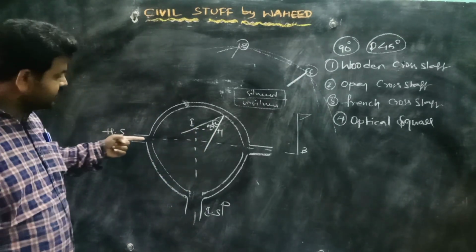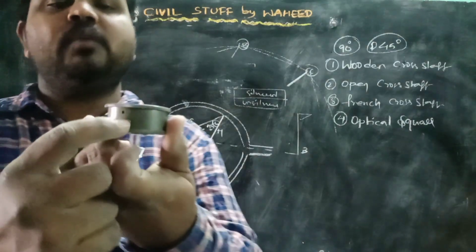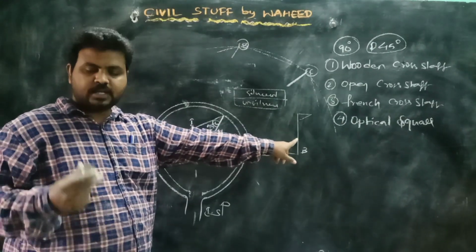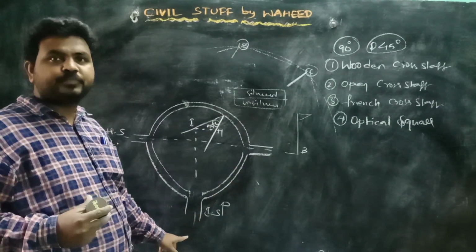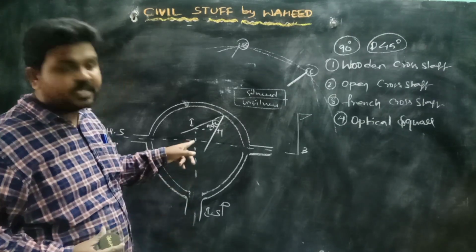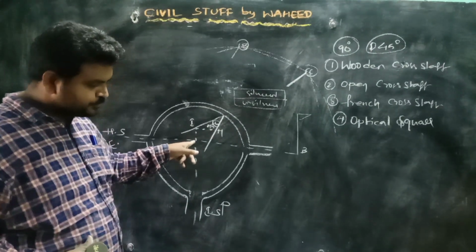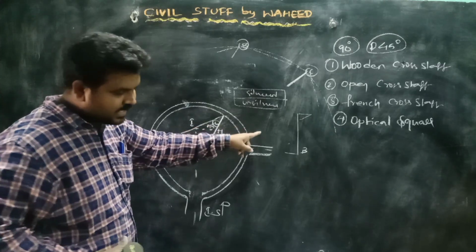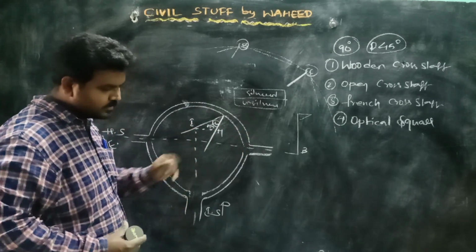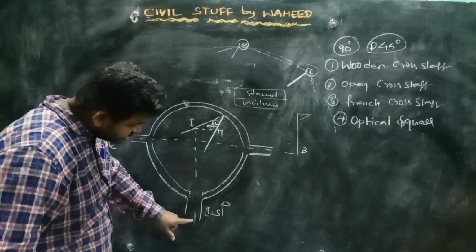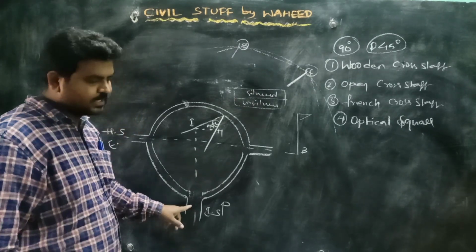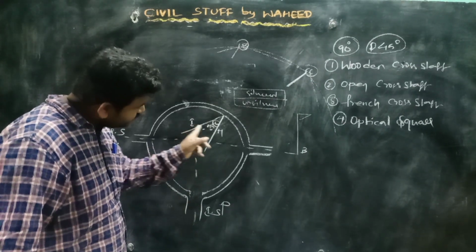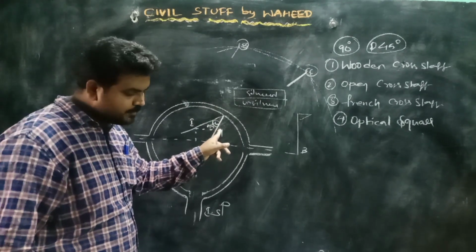Now what is this? This one is here, as I said, the eye opening. From here, this is a ranging opening, a rectangular opening, and this is the index opening. This index opening will be reflected here. This EB is called the horizon side, and IP is called the index side. Now the ray of light from this index side is reflected from here, and this one is reflected in this glass, by which we can adjust.